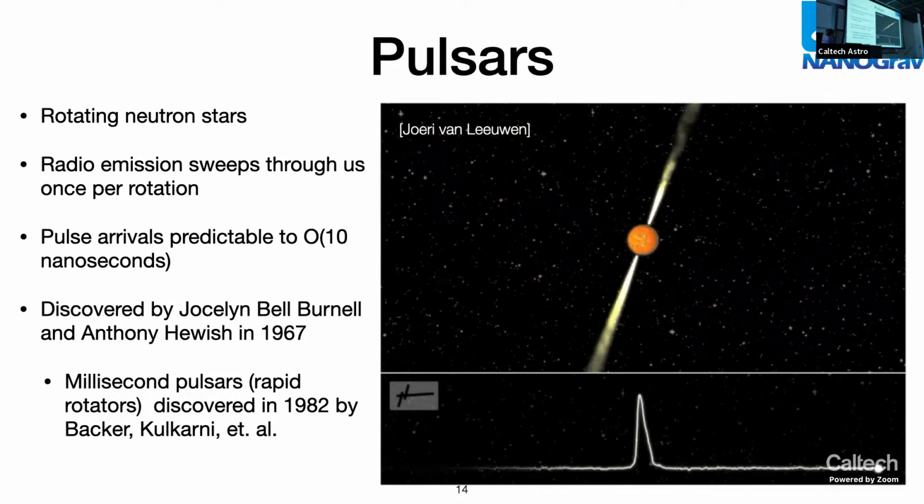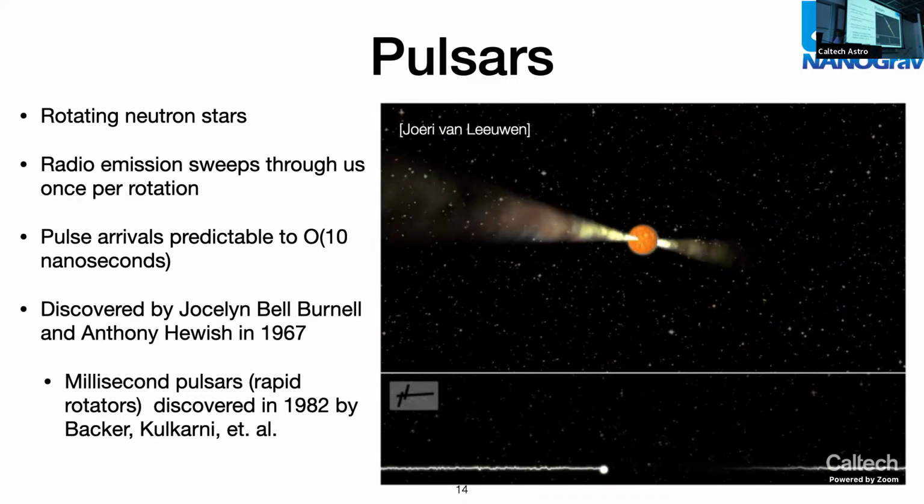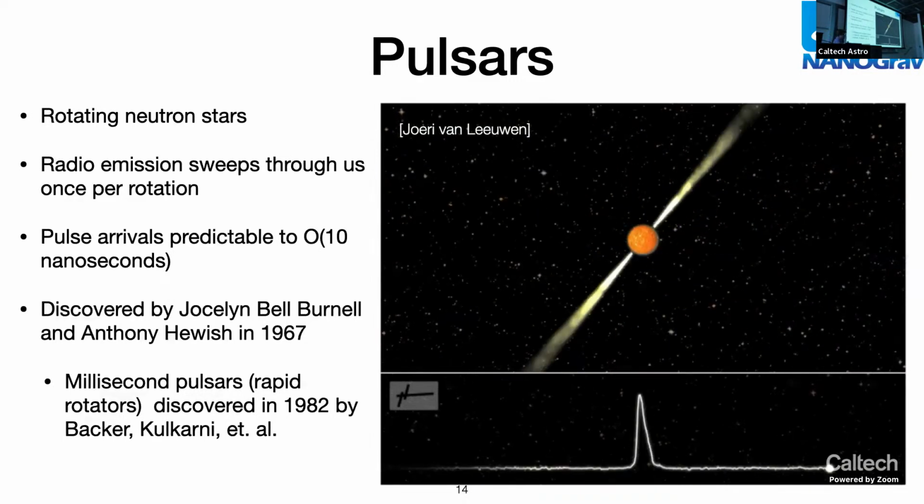And so each time we get a rotation, we get some pulse. And the shape of this pulse is what we call the pulse profile. For the best timed pulsars, the rotation frequency of these pulsars is very, very stable, and you can predict when the next pulse will arrive to of order tens of nanoseconds. So they're very predictable objects. They're very stable clocks. So on very long timescales, they act like clocks that are on the order of sensitivity of atomic clocks.